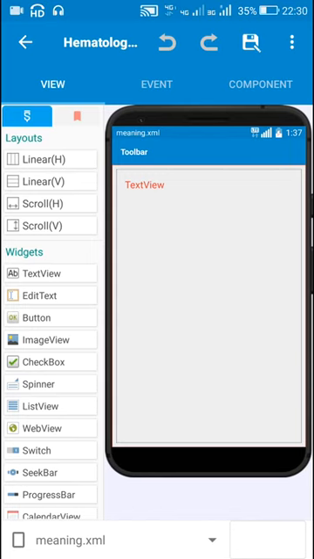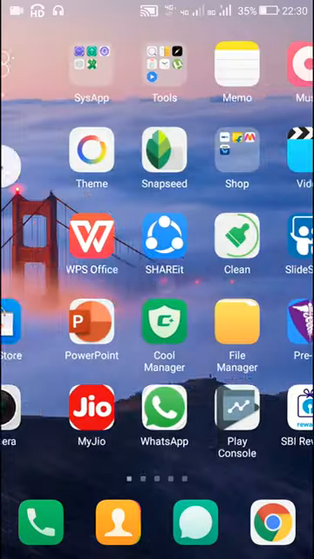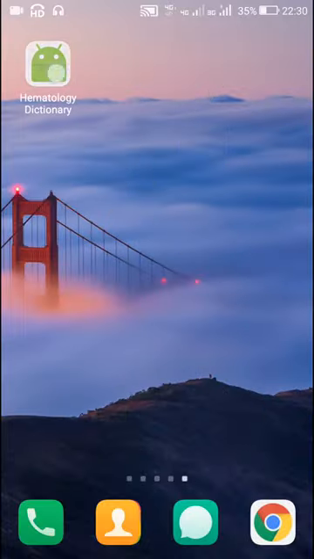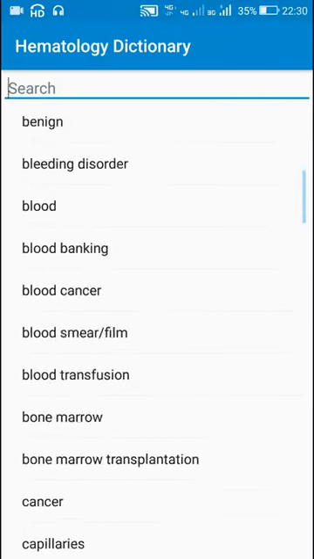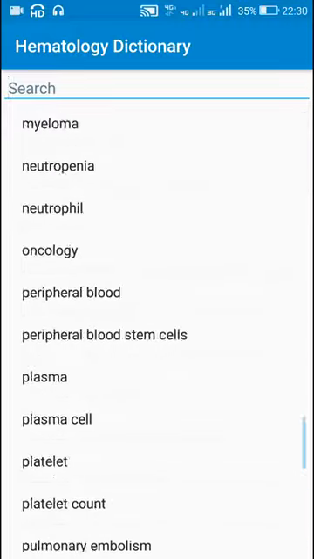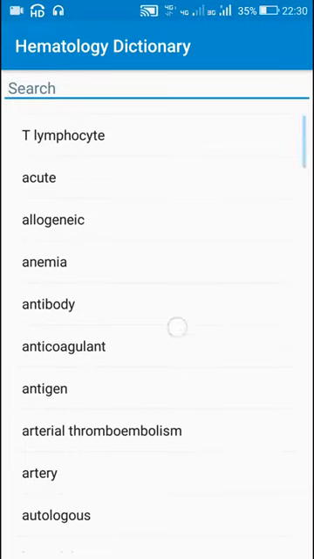Now let's check this app. Here is this dictionary. Here you can see all the words which are there. If I click on anything like anticoagulant, it will display the meaning of anticoagulant.